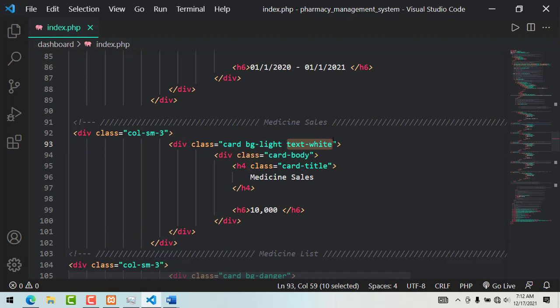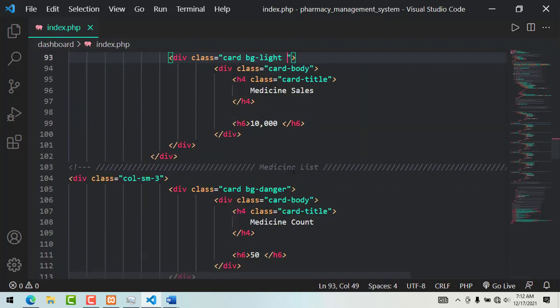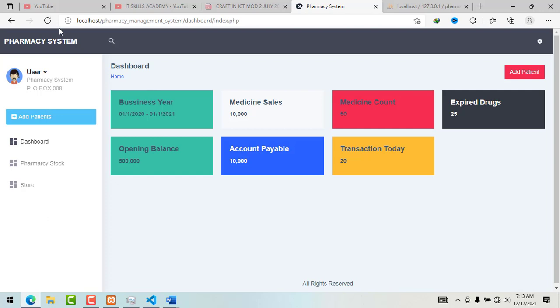And this one should not be there, but rather it should be on the medicine list. We can also change this to read medicine count, because that is what we have down here. So medicine count, yes, and that's it. So if we refresh that,